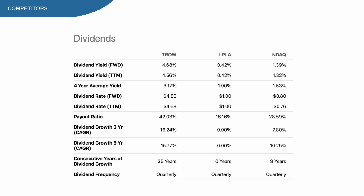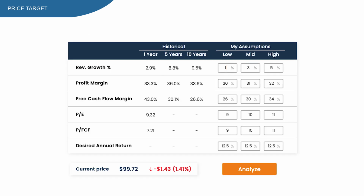Of course there are some parts of the business that aren't performing as they should, but in the end I think they did very well. But does this mean that TROW stock is a buy at current prices? Well, let's check the 3 price targets that I created using the Everything Money software, which is one of the best tools out there. I'm using a low, mid and high assumption to get the 3 price targets, starting off